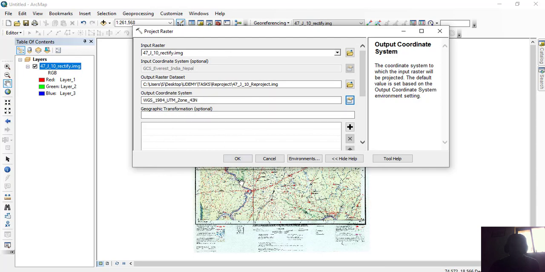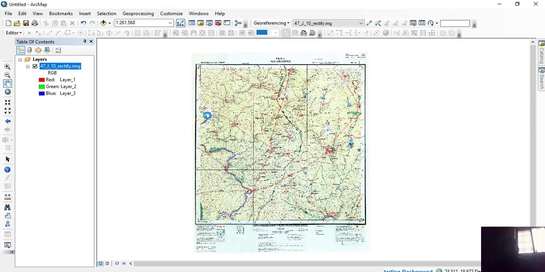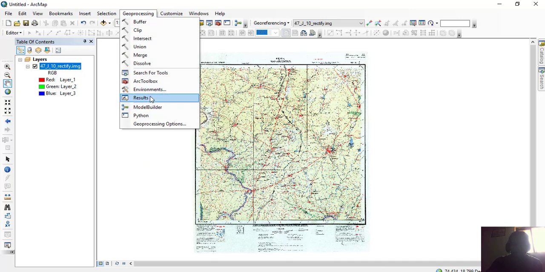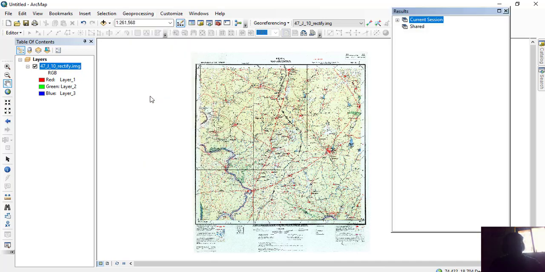After this, click on OK. So this tool will run in the background. You can see its progress from here, geoprocessing. And go to Results. In this, go to Current Session, and you can see this is our tool which is being run in the background.